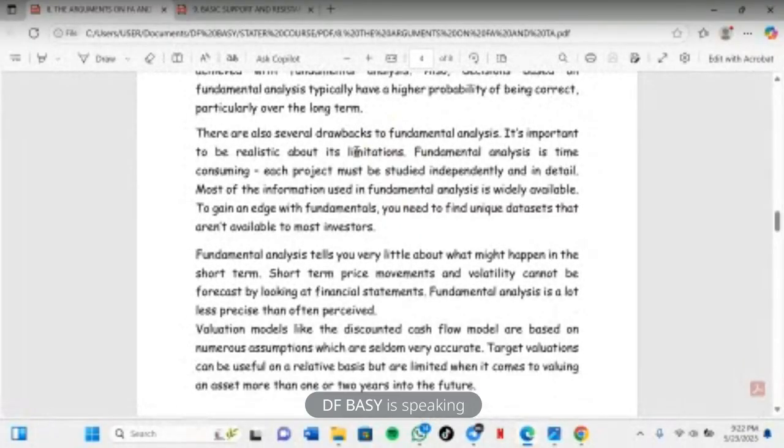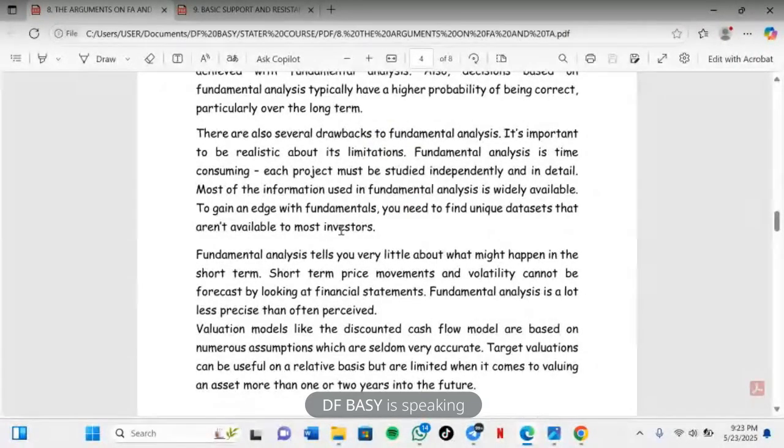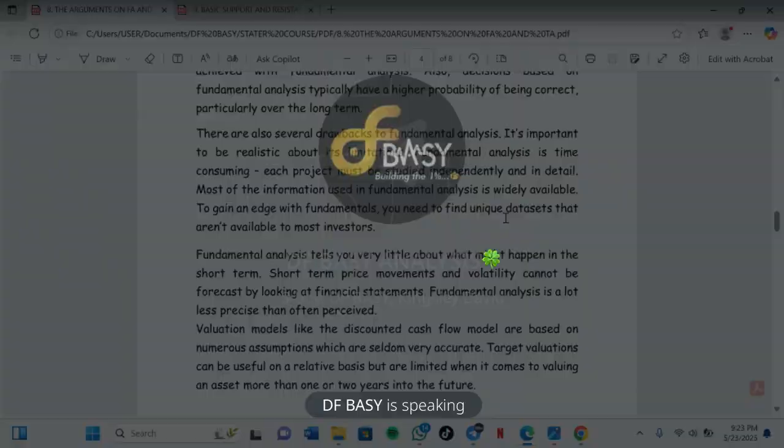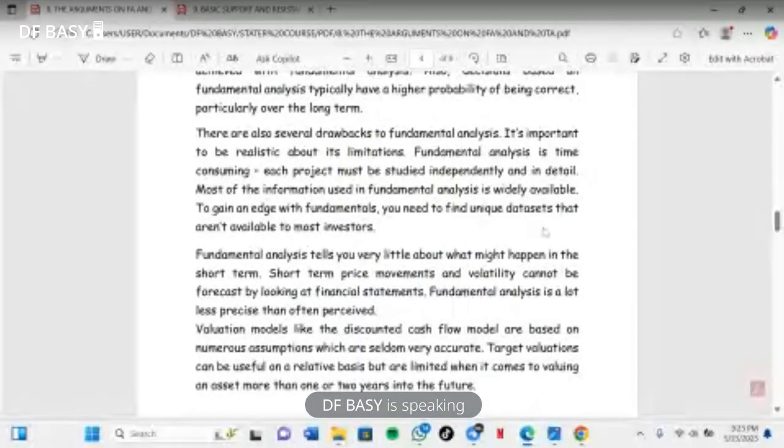It's important to be realistic about its limitations. Fundamental analysis is time consuming. Each project must be studied independently and in detail. Most of the information used in fundamental analysis is widely available. To gain an edge with fundamental analysis, you need to find unique data assets that aren't available to most investors,